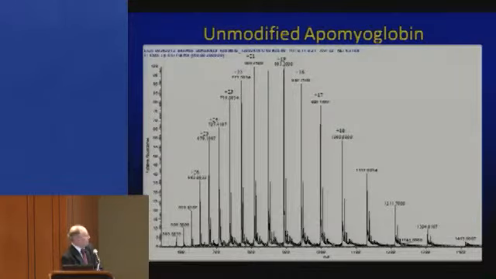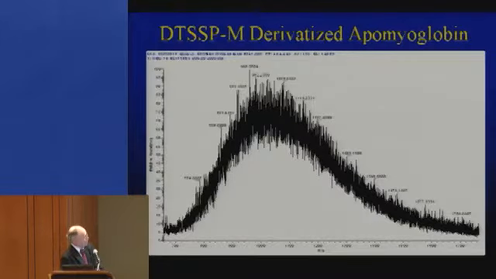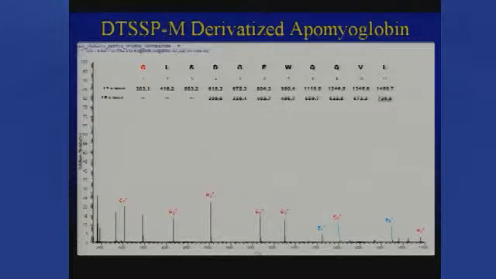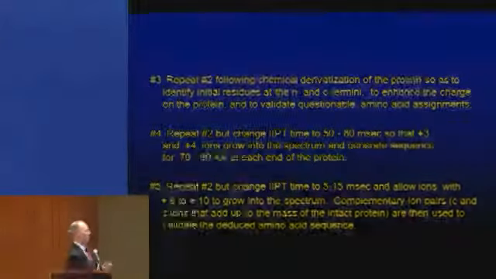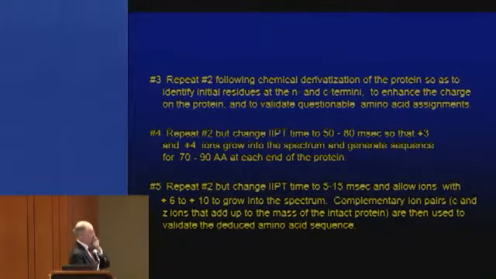And sure enough, that's what the thing looks like as electrospray without chemistry. That's what it looks like after you do the chemistry. Pick a window out here, put it in the mass spectrometer, fragment it, and now, sure enough, you see 1, 2, 3, 4, 5, 6, 7, and you read off the amino terminal sequence of apomyoglobin or any other protein. Okay, so now we've got the amine terminus and the C-terminus, and we're reading in so far about 30 or